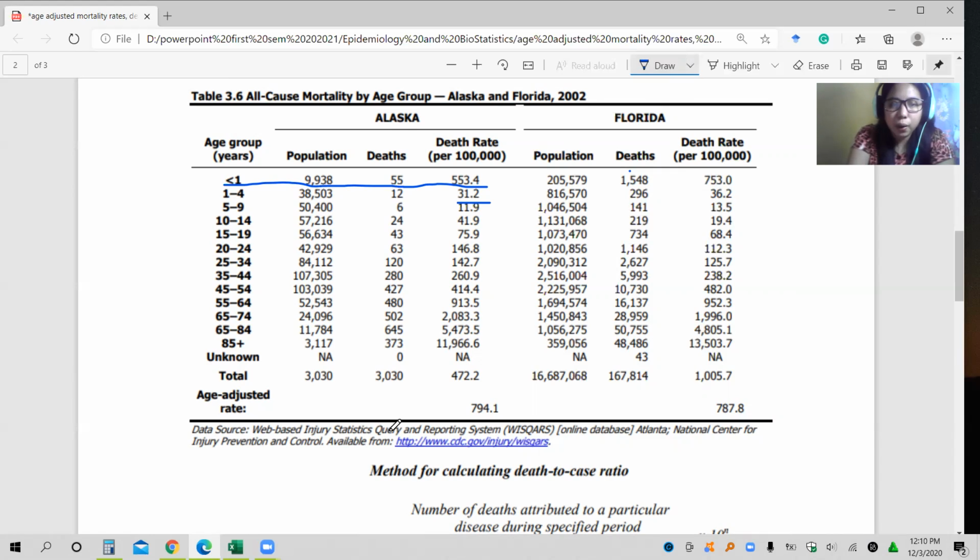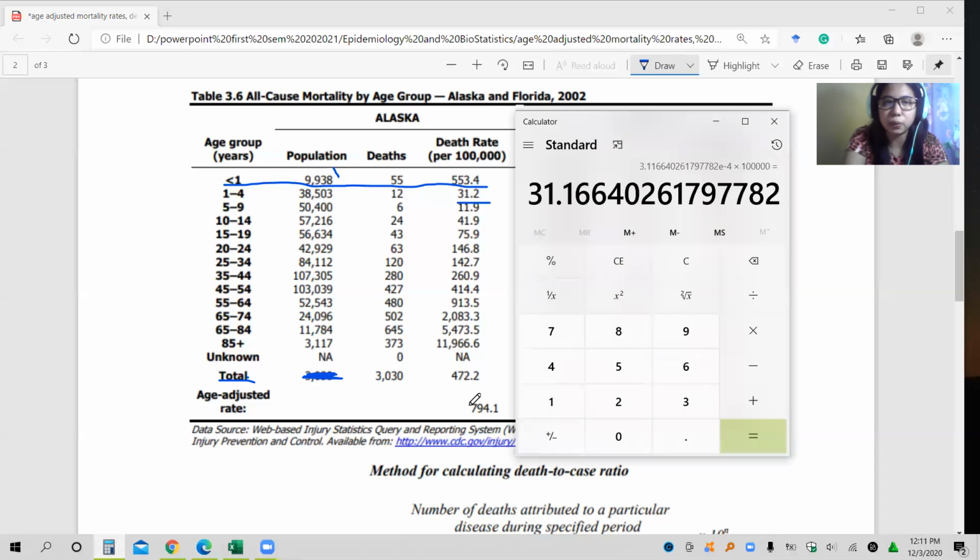Okay, so now we reach the total. For you to compute the total, of course you have to add the total population. So this is actually not the total population, so let us recompute this value. Using our calculator, 9,938 plus 38,503 plus 50,400 plus